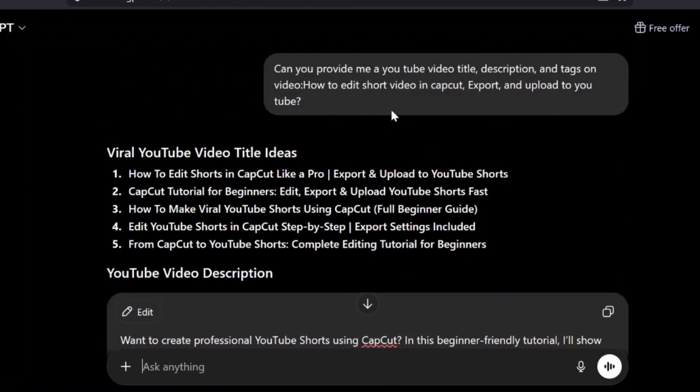We select all of this for our video. We can take this or this or this; we have to select from the given video titles. "How to edit Shorts in CapCut, export and upload to YouTube" is one alternative title we got from ChatGPT.